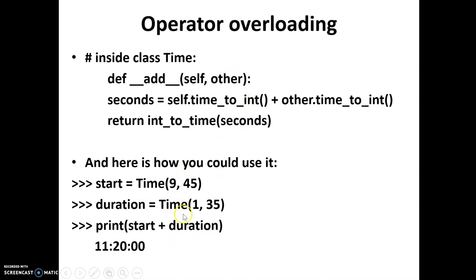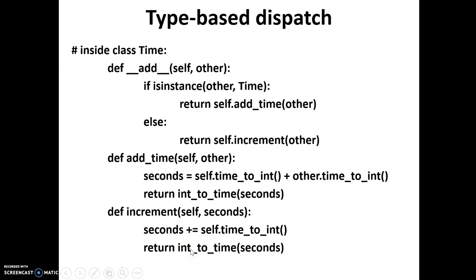In order to avoid this kind of confusion or error, we are going to use another method known as type based dispatch. Let's see what is done to overcome the problem I just discussed. You can see the add function here, and the two parameters it accepts are again objects of the class. Before proceeding with the second operand, to make sure whether it is an object or a numeric value, we are going to use another built-in function known as isinstance.